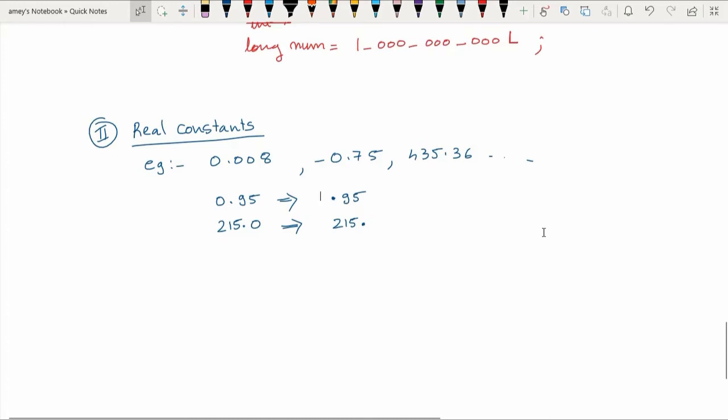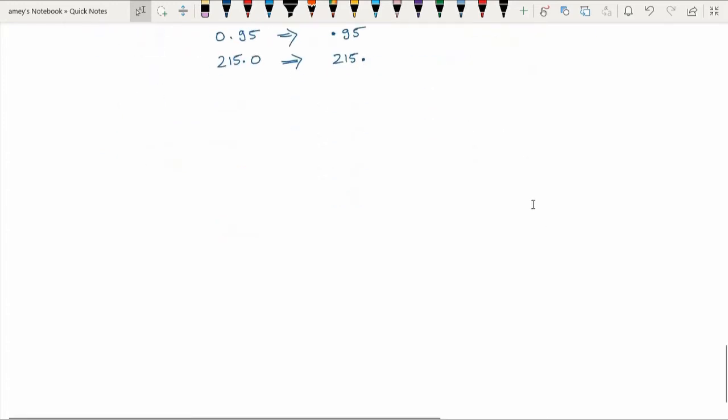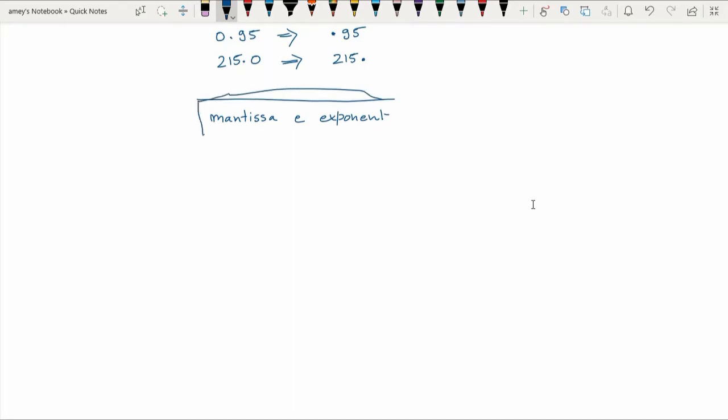Now a real number may also be expressed in exponential or scientific form, right? If you can recall, exponential or scientific form has a mantissa and it has an exponent. Now what is the mantissa?